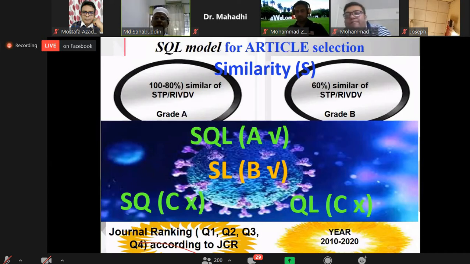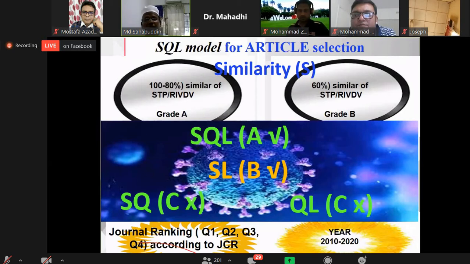So if the 3 criteria are okay, similarity, then quality and latest, then I can put this article under grade A. I make files A, B, C. Then the second option: there is similarity and there is latest, but no quality. But there is minimum quality because it is already published, meaning in a CIJ journal, so it has the minimum quality. In this case, I can put this article under grade B.